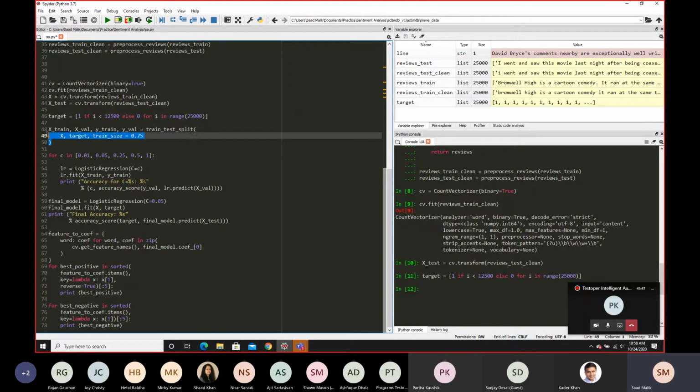Now we do a train and test split. The reason we want to do this is, usually when we have a data set, we have to make a decision on how much we want to train the model on and how much we want to test the model on.